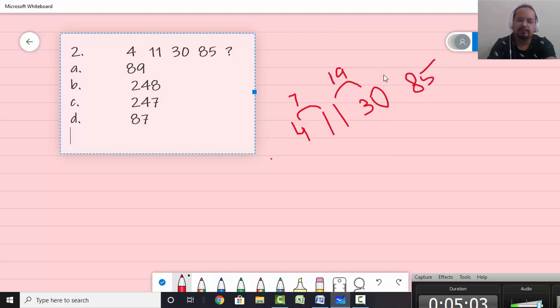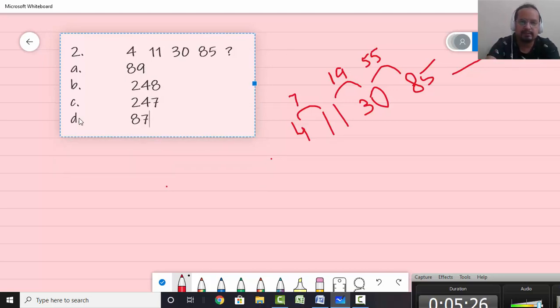So what is the difference? 55. So the one thing is clear that this is an increasing series. Got it? And the numbers are increasing, so the last one has to increase. And if you look at this, the difference is a substantial difference, right? So you cannot actually consider these options. It's pretty clear that these numbers 89 and 87 should not be part of the answer, right? So A and D are pretty much not the answer because the increase is much more than that.